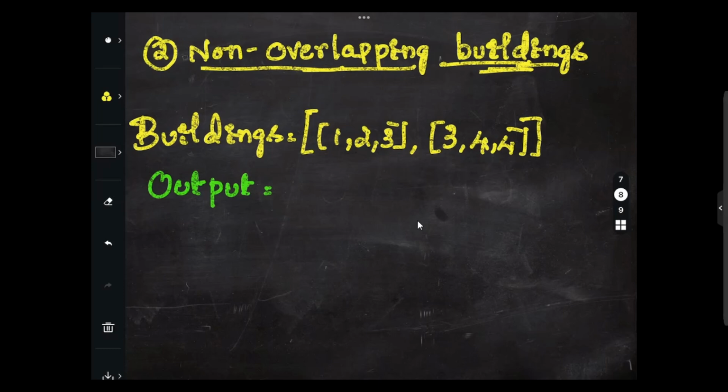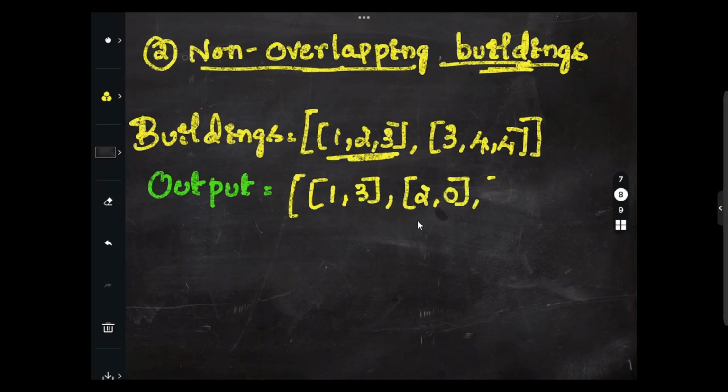Let's move on with the second edge case, nothing but non-overlapping buildings. For the non-overlapping buildings, here you can clearly see 1 2 3, we have 3 4 4. If you draw it in the form of a graph, as shown with the x and y coordinates, this is non-overlapping. So I can just try this one. The output will be in this case 1 comma 3